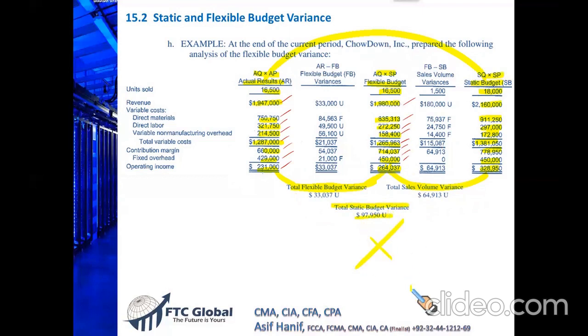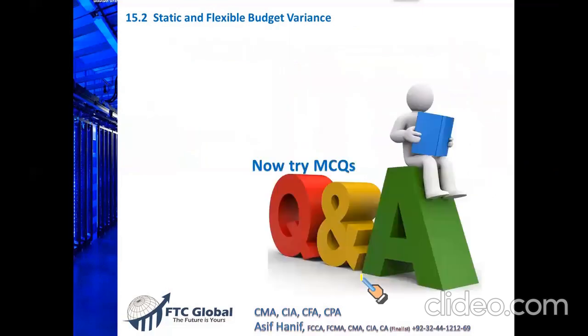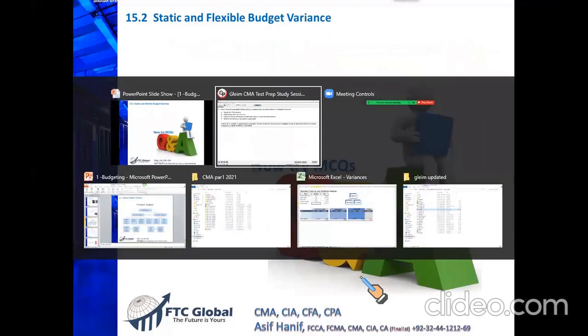insignificant, useless. For me, I consider this budget to be a total waste of time. No meaning at all. That I wanted to produce 18,000, I produced 16,500. These numbers are technically not comparable. So this is the static budget variance, but it has basically not much utility for management accountants, right? So that is the idea. Let us try this in a couple of questions to explain the idea.